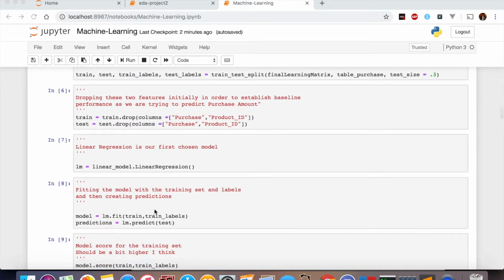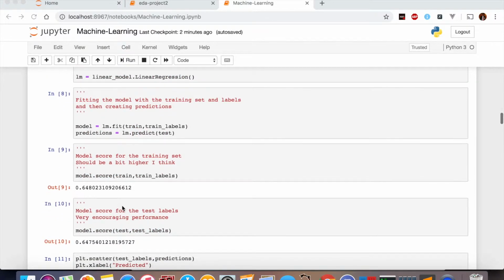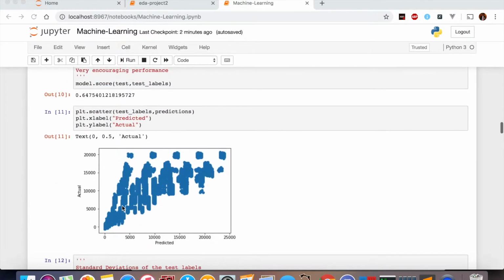Then we fitted the model, and then we used it to predict the regression, and we actually got a model score of 64.8. So what this actually means is that the r-squared value, which is the amount of variation in y that is explained by x, was 64.8%, which at the beginning is a pretty encouraging performance for our test labels. As you can see, this is a scatter plot of the predicted versus actual model values, and you can see that it has a general upward trend,